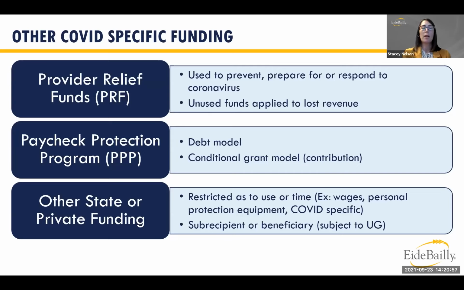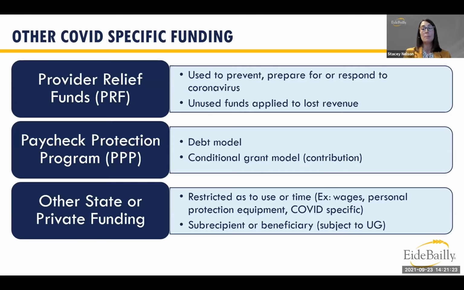If you were applying those under the conditional grant model, you would record a refundable advance at the time you received those funds on your statement of financial position. And when you had received forgiveness, which would be considered the condition in this case, you would record the contribution revenue. You may have also received other state or private funding specific to COVID that may have been restricted as